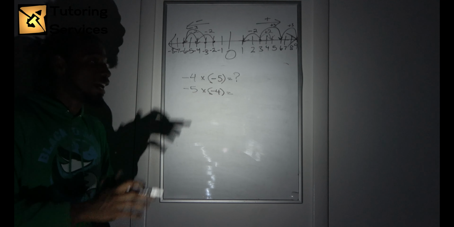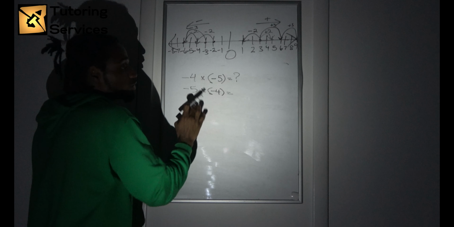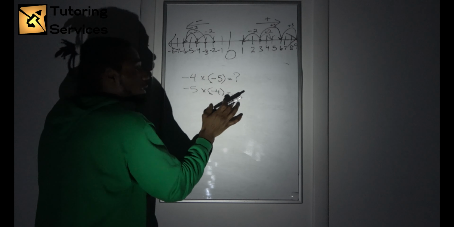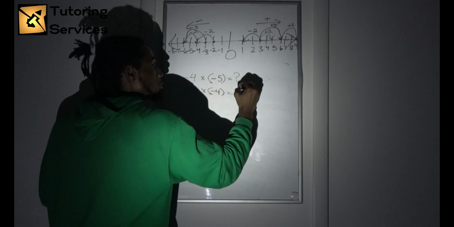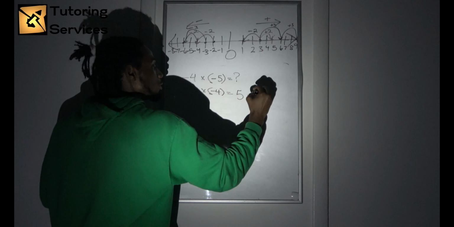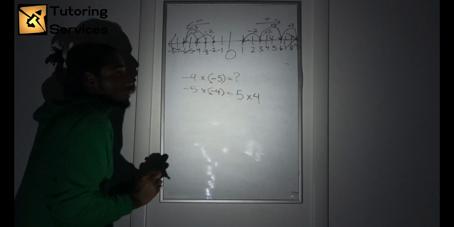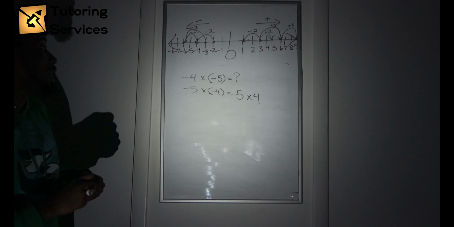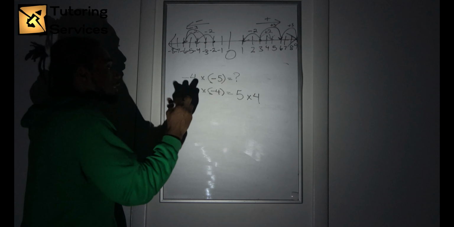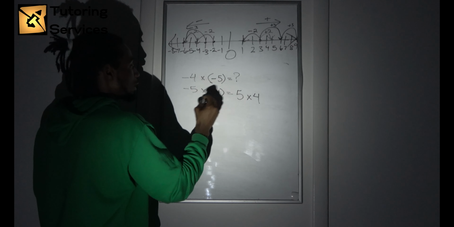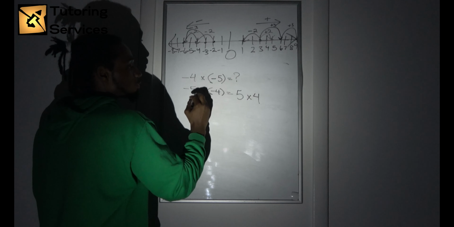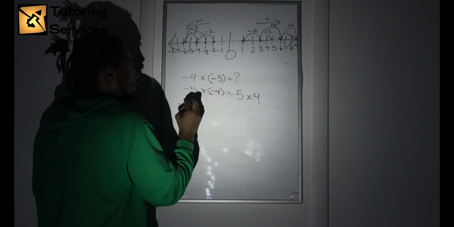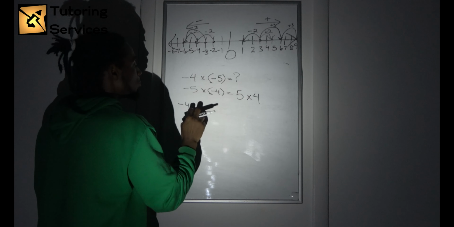You need to know that anytime two negative numbers are multiplied against each other, this is the same thing as the positive versions of those numbers being multiplied against each other. All right? You can think of it as, if this was 5 times -4, it'd be -20. Well, if this was -4 times -5, it'd be